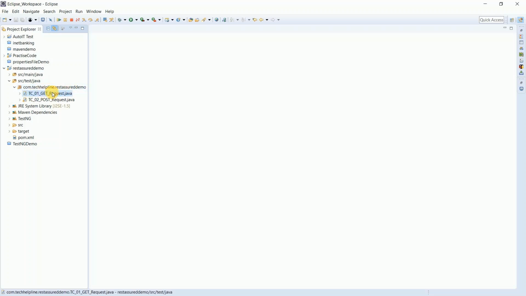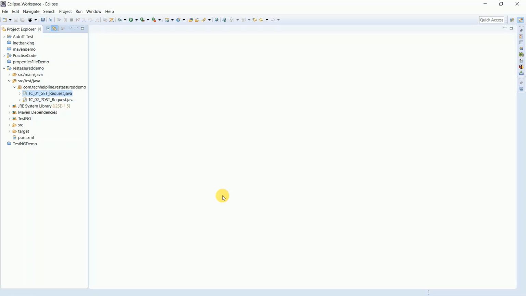Here you can see we have created two classes, one for the GET request and the second for the POST request. Same as that, we will be creating two more classes for the PUT request and DELETE request. So, guys, let's start.